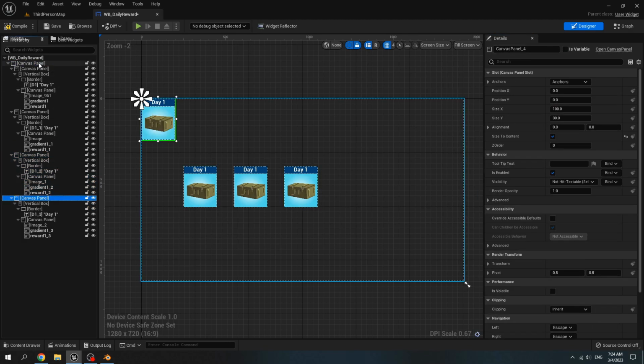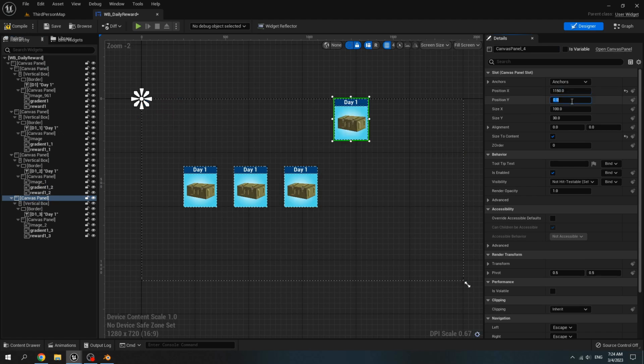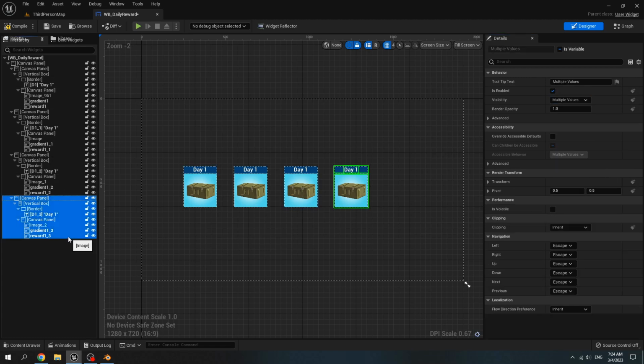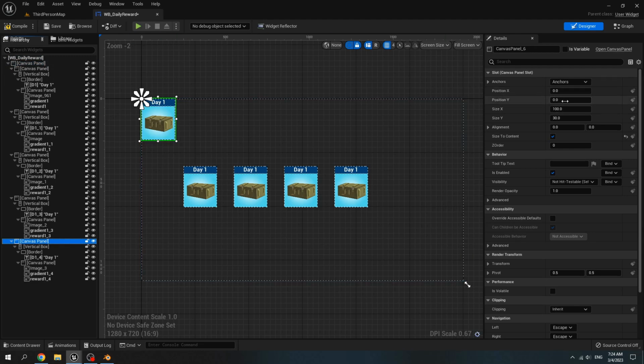Copy and paste it. X position 1150 and Y position 400. Copy and paste it. X position to 1450 and Y position 400.